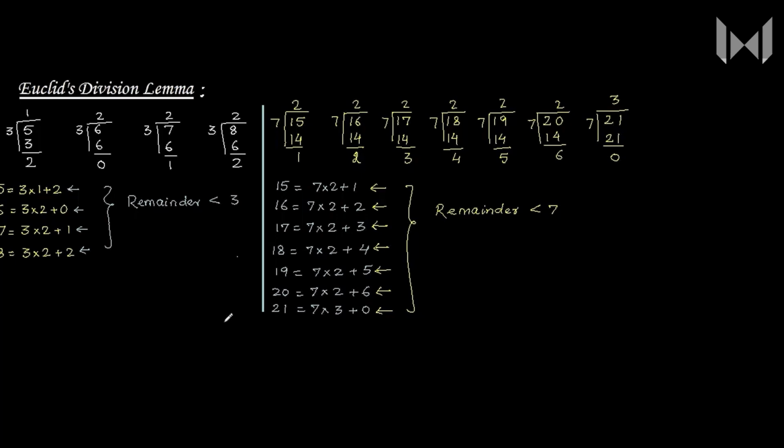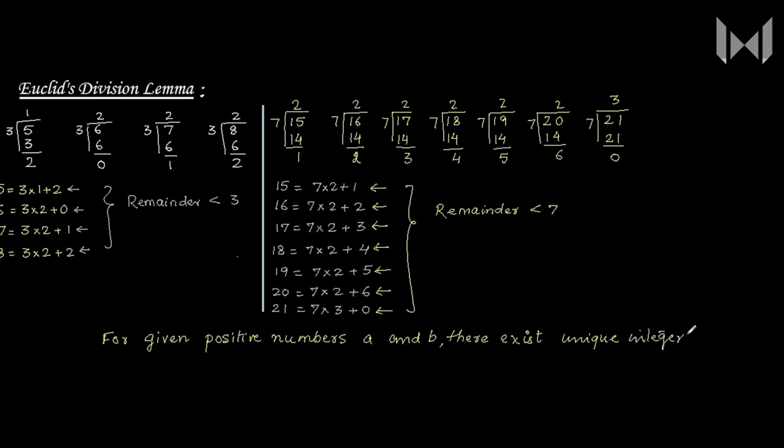So in general, we can say that for given positive numbers A and B, there exist unique integers Q and R such that